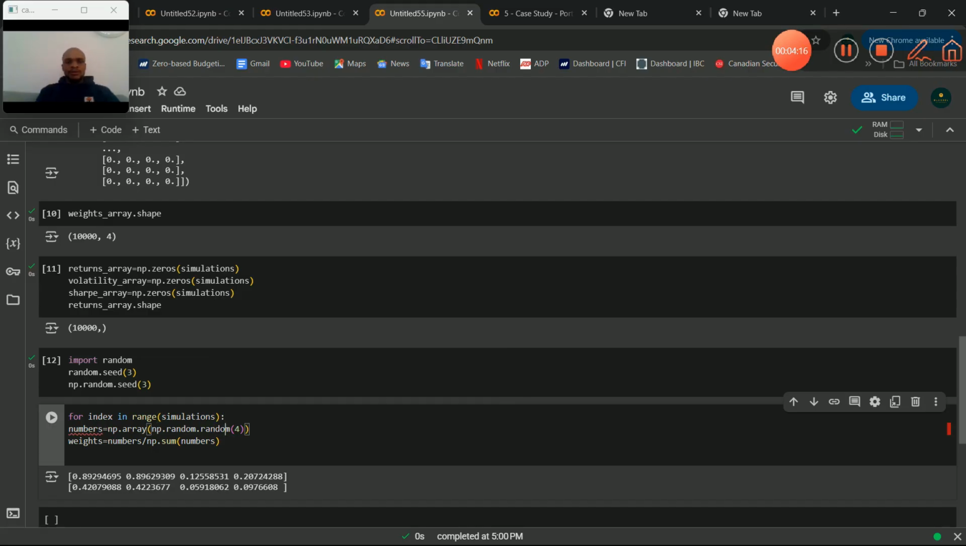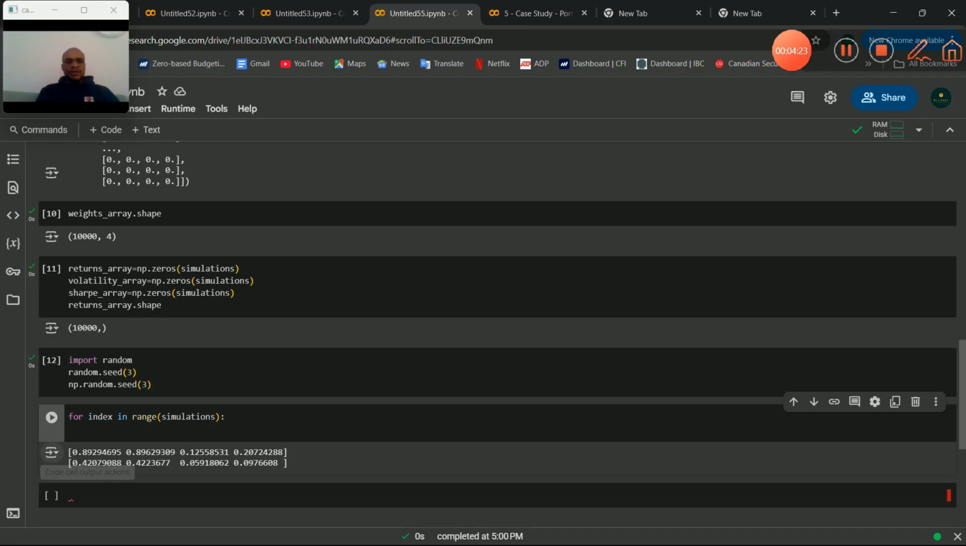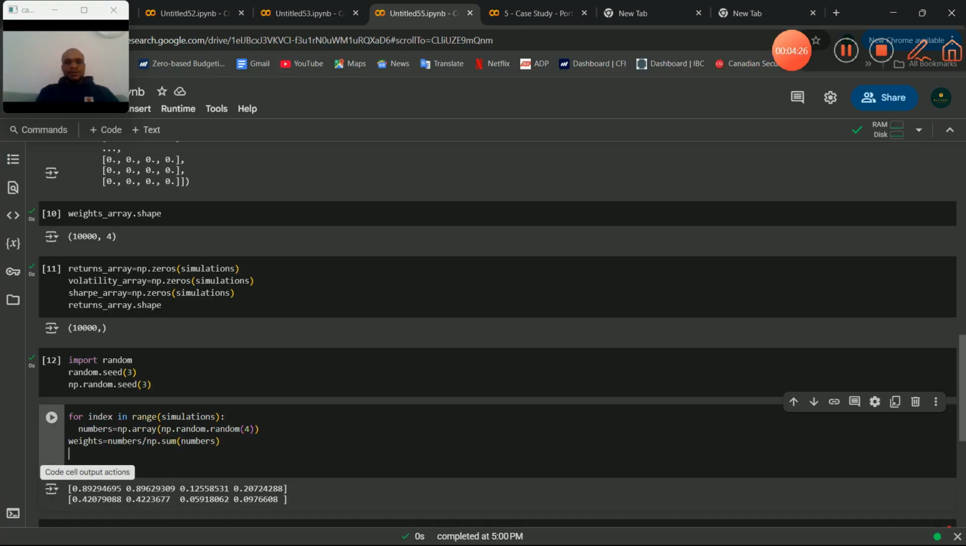Set it up there. You can copy all of this. Control X that. So we have that in place there. For index in range of each simulations, we're going to be determining the numbers for each simulations and the weights for each of those simulations. So having that set up, we can now, our weight array,